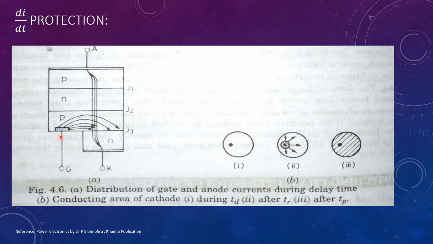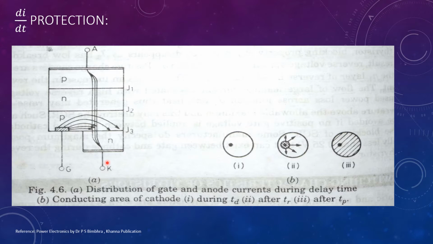When a thyristor is forward biased, that is anode is positive with respect to cathode, and it is turned on by giving a gate pulse, the conduction over here is confined to a very small area during delay time. During rise time, there is a little spread of this area, and during spread time, the conduction spreads over the entire J3 junction. The thyristor design permits the spread of conduction to the whole junction area as rapidly as possible.